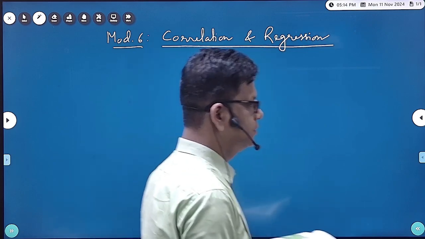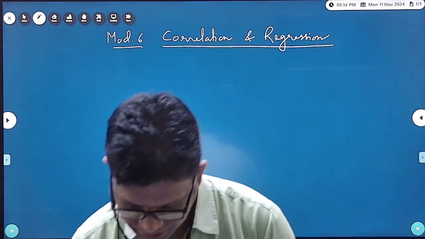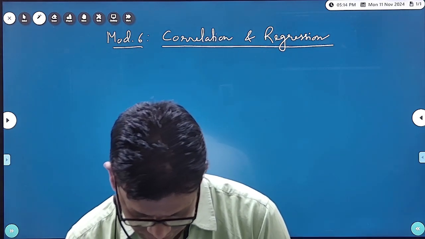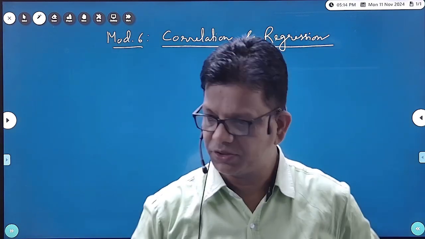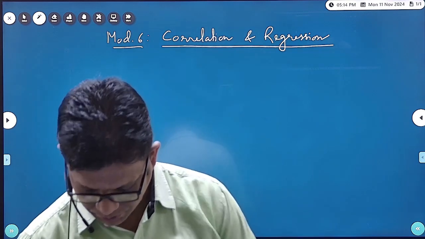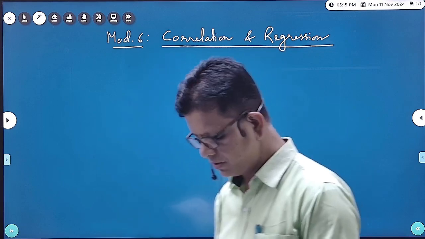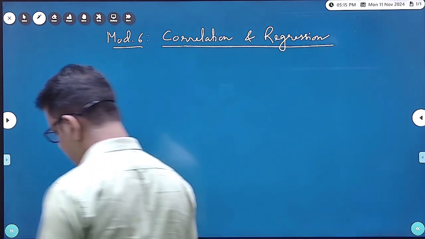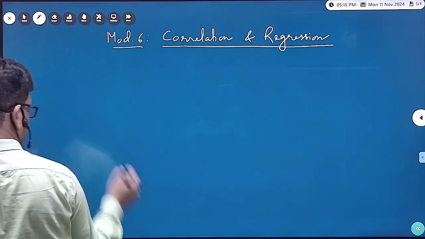Right. So here, the scatter diagram is 6.1. You can go through it. This is all about the graphical representation. So 6.2 is the Karl Pearson coefficient of correlation. We are going to discuss this. Today we are going to start the class with